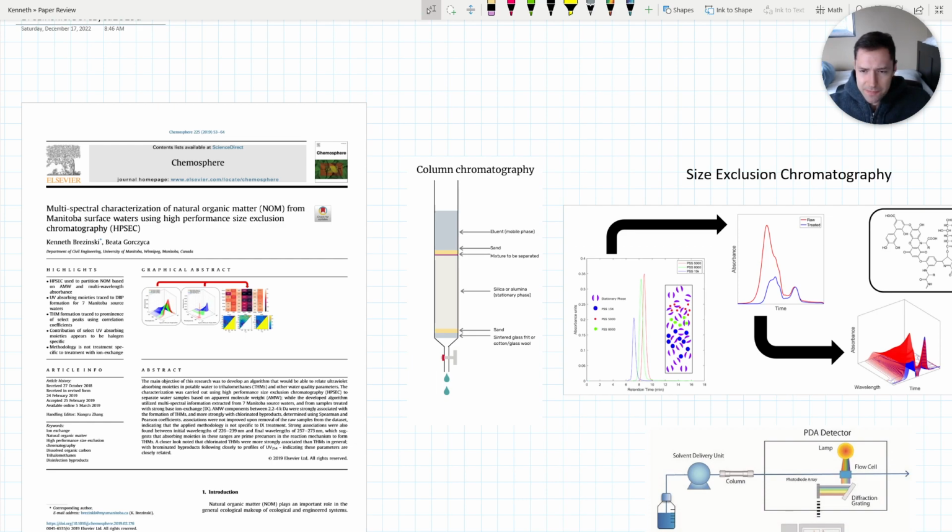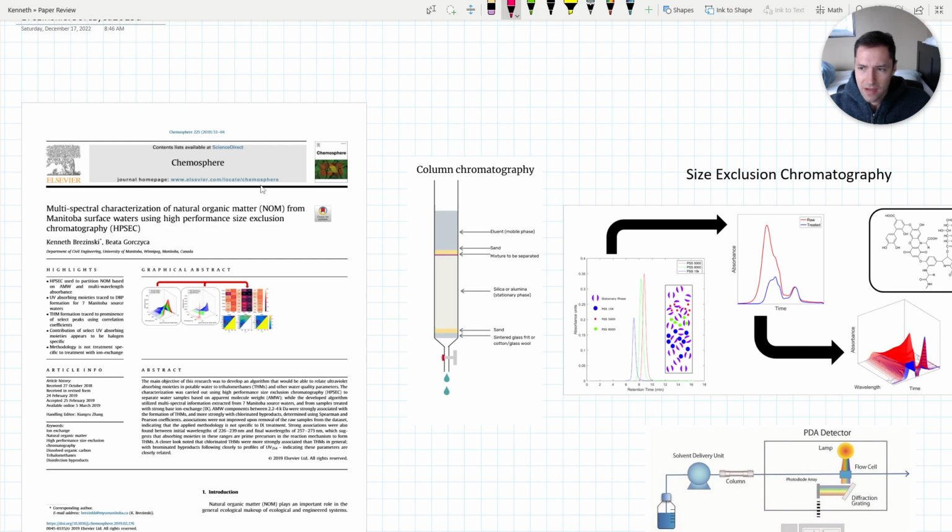So today I have a very special presentation, and that is a paper review on my previous master's work related to multi-spectral characterization of natural organic matter from Manitoba surface waters using HPSEC, or high performance size exclusion chromatography. So with this, I think it'd be a good idea to go over the paper, some of the main takeaways, methodology, and I actually have some images on the right that I can annotate, and it makes it much easier